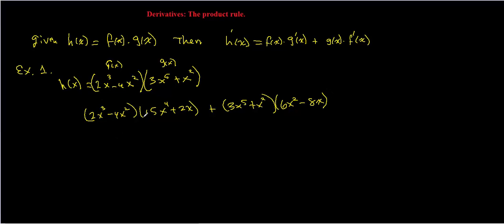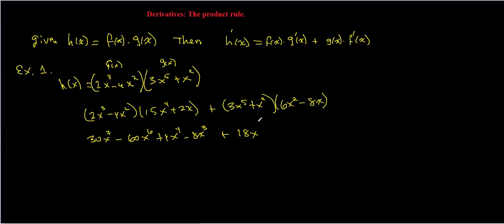Then you multiply this out. Well, if you multiply this times this, it will give us 30x to the 7. You have to be careful here because there's a lot of stuff here. Minus 60x to the 6 plus 4x to the 4th minus 8x to the 3. And then follow with